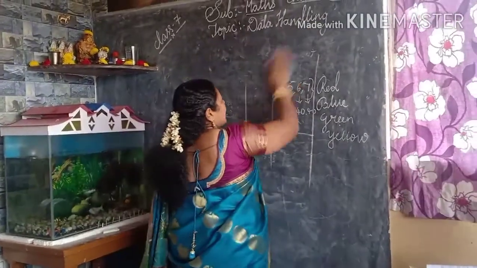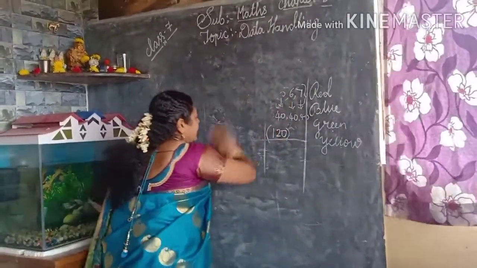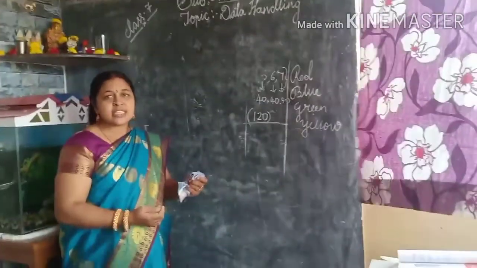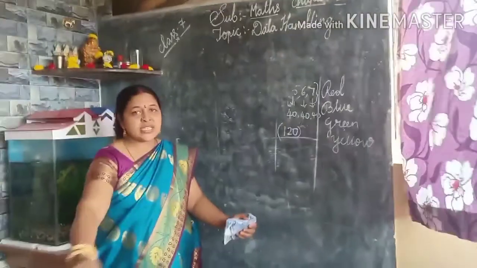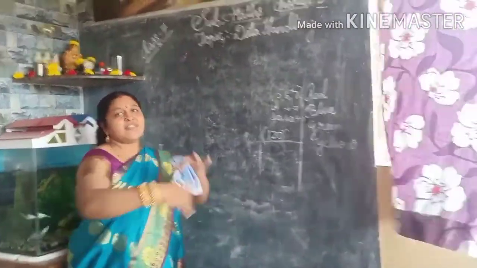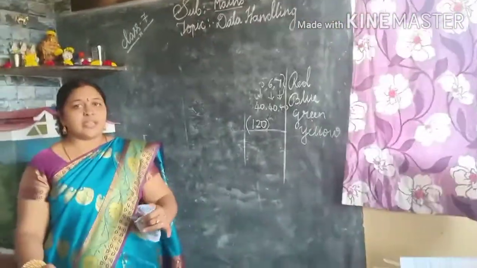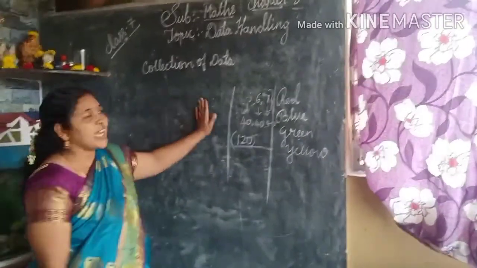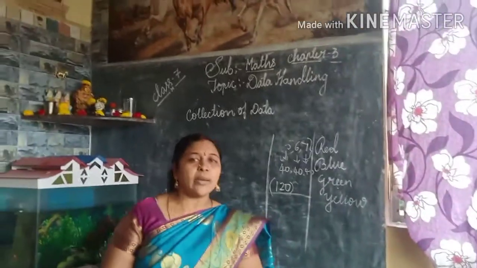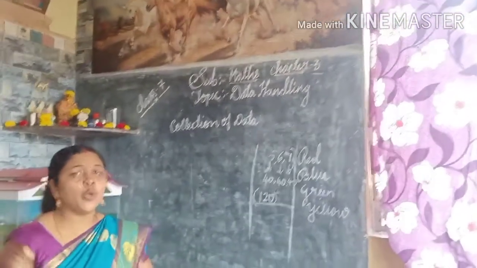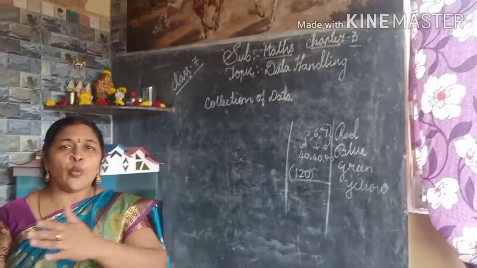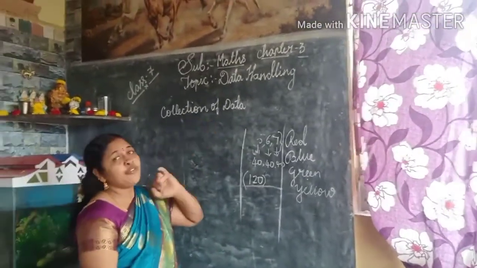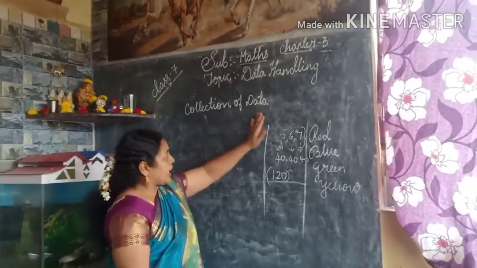So how would you collect data in this particular example? We will call all the 5th standard students, make them stand, and then start selecting one by one. First we will ask the children to stand in line, one by one, and we will ask them to divide into one group. So by this we start collecting of data. The data has been collected.